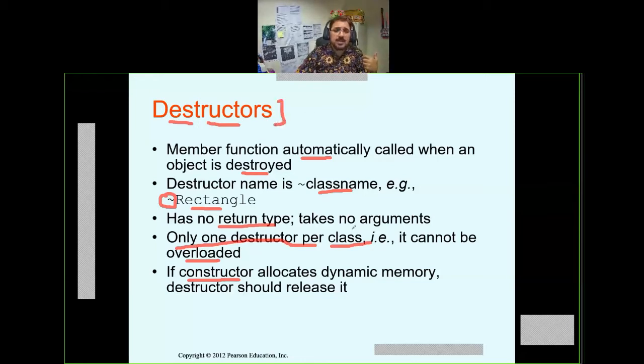We need a destructor to free the memory which is occupied by the object. If there are big classes with too many data members, every object will occupy quite a lot of memory.